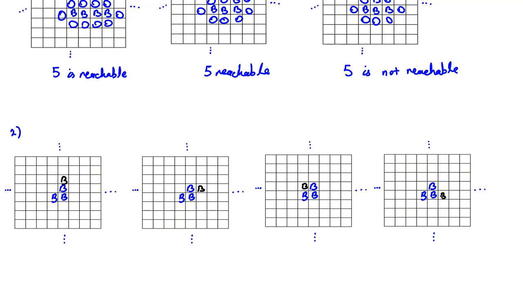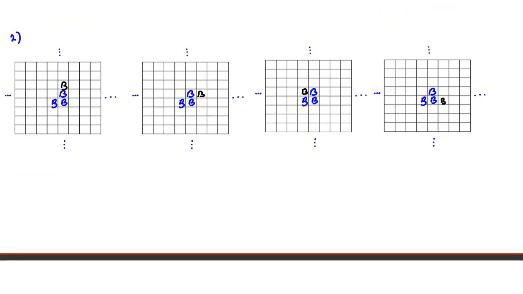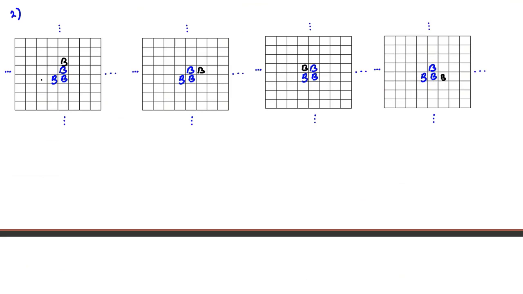If B is here, it's similar to this one. If B is here, similar to this one. Let's check if B is here. It's similar to this one. Okay. And we've considered 4, we should consider 4 cases. And here also we said all other cases are similar to one of them. Now, in this case, 1, 2, 3, 4, 5, 6, 7, 8, 9. Again, 5 is reachable because